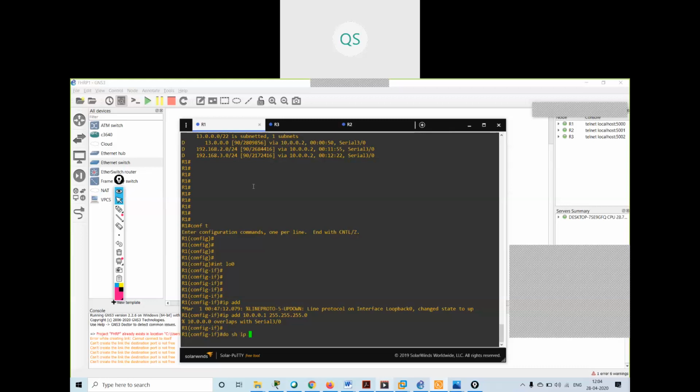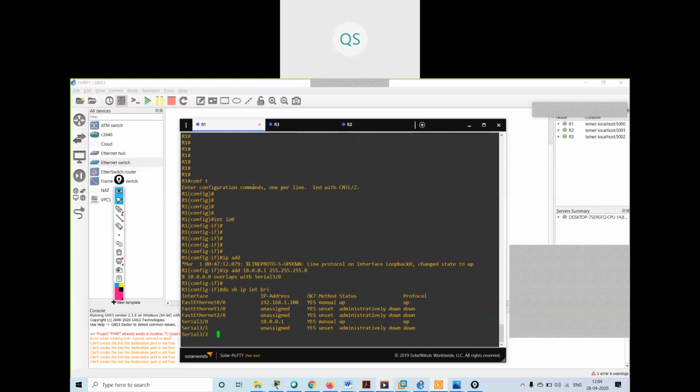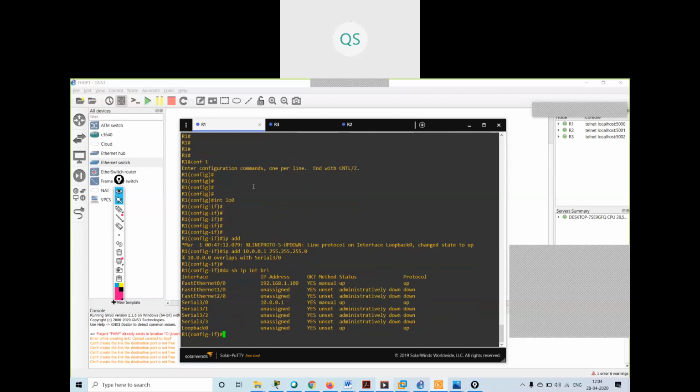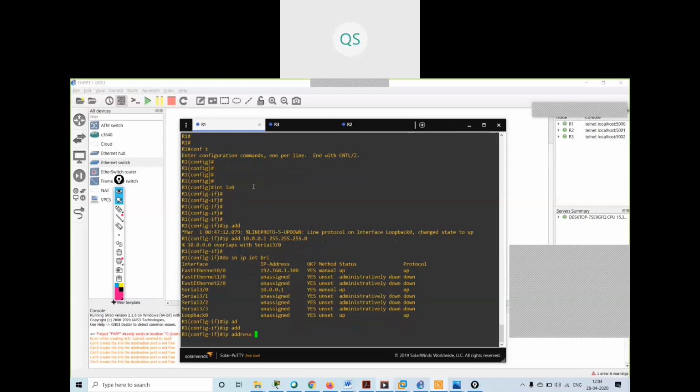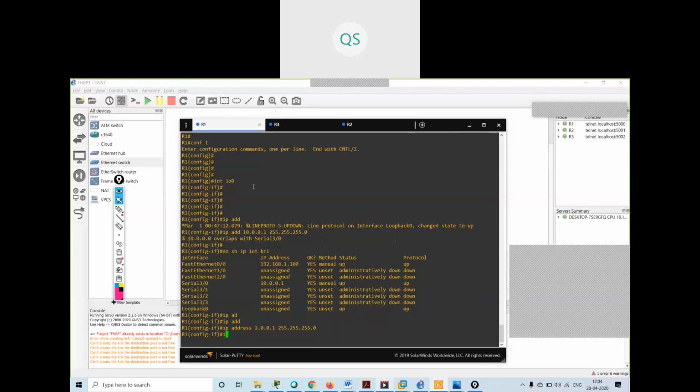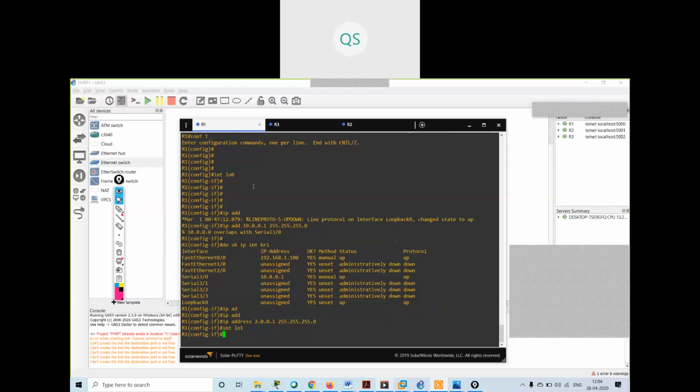Show IP interface brief. Okay, the 10 network is there, so I will take IP address 2.0.0.1, 255.255.255.0.